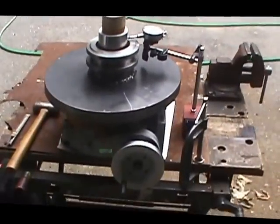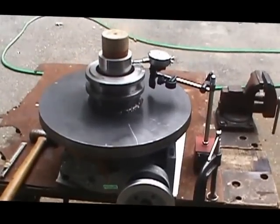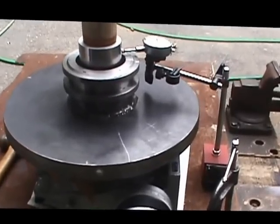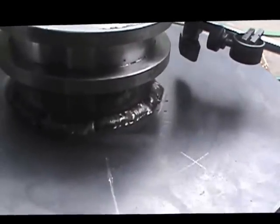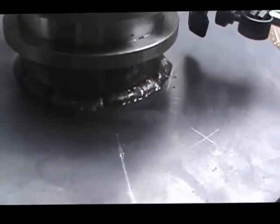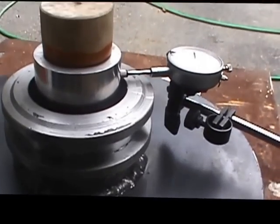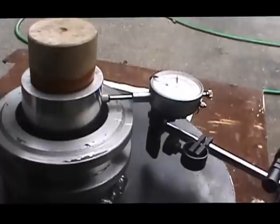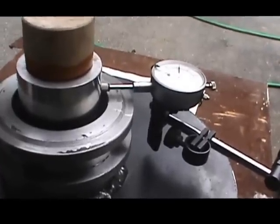Well, good morning. We've taken this morning and we've set up, after welding, the base plate and the hub. You can see where the welds go all the way around the diameter of the hub, and have fastened it securely to the base plate. Now this morning we're going to line up the dummy bearing. You can see the dial indicator now. We have that centered in the bore of the hub,